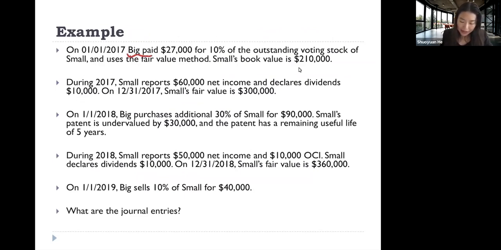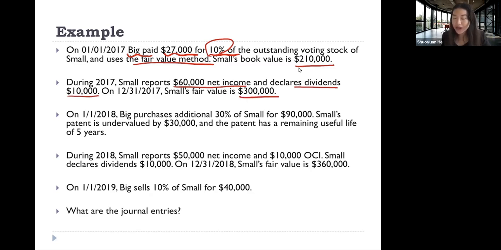Company Big paid 27,000 for 10% of the outstanding voting stock of Small. So as you can see here, that 10% means that the firm uses the fair value method. Small's book value is 210,000. During 2017, Small reported net income of 60,000, declared a dividend of 10,000, and at the end of the year, Small's